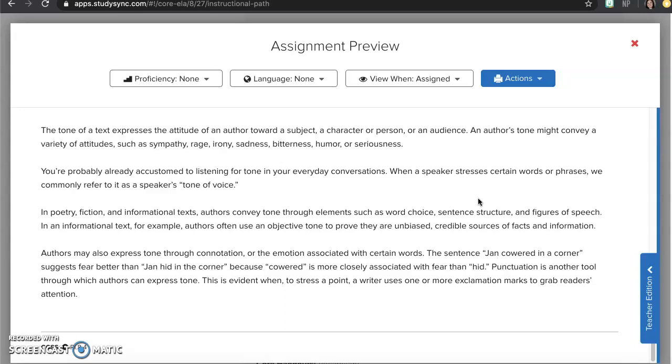When a speaker stresses certain words or phrases, we commonly refer to it as the speaker's tone of voice.